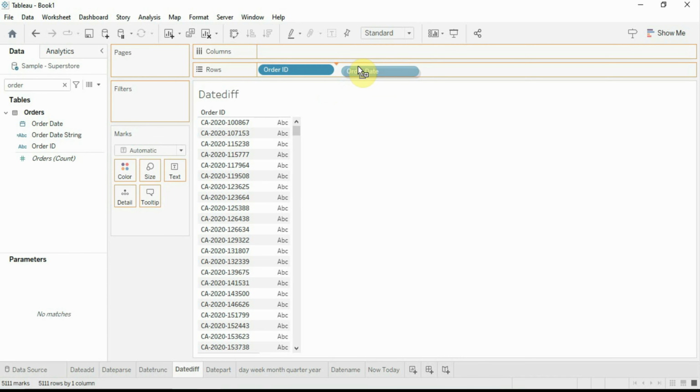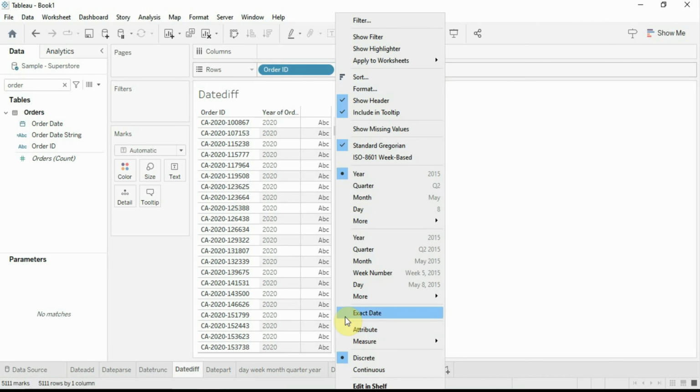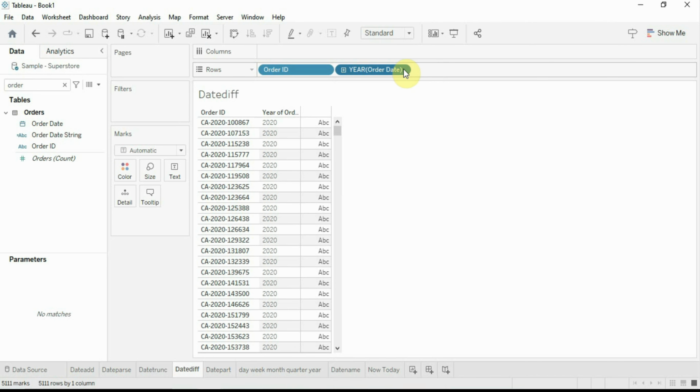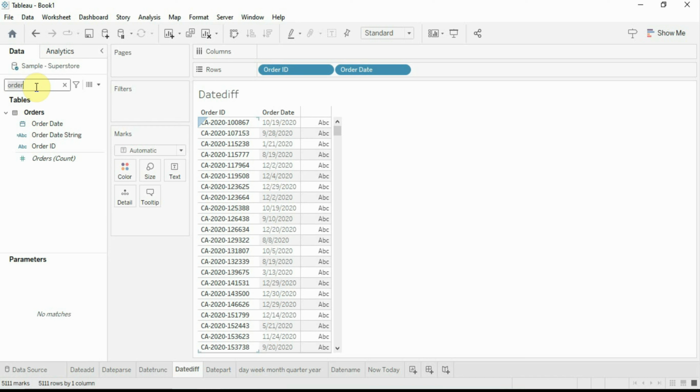Order date. Change it to discrete dates. Drop ship date.